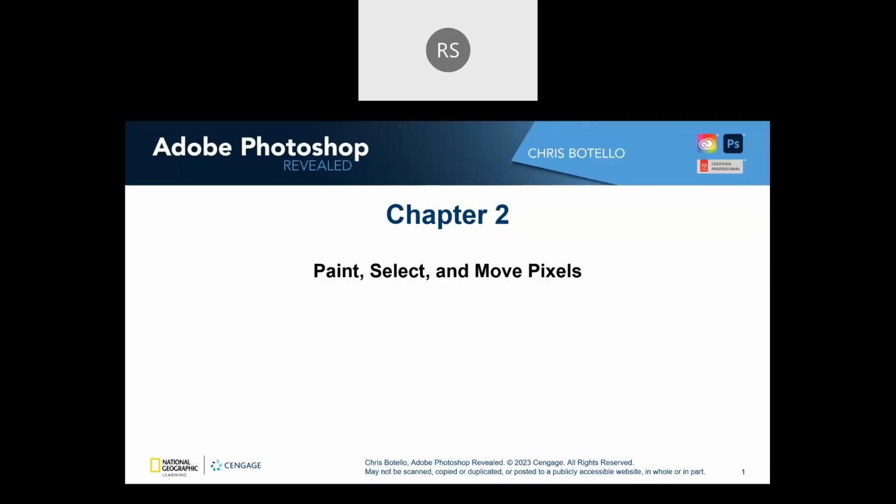In CIST 1530, Adobe Photoshop Reveal, we'll start with Chapter 2. We're going to look at painting, selecting, and moving pixels. In this chapter, we will go through the lecture, and then we'll do some demonstrations on Photoshop and look at some tips and techniques that you can use to accomplish these